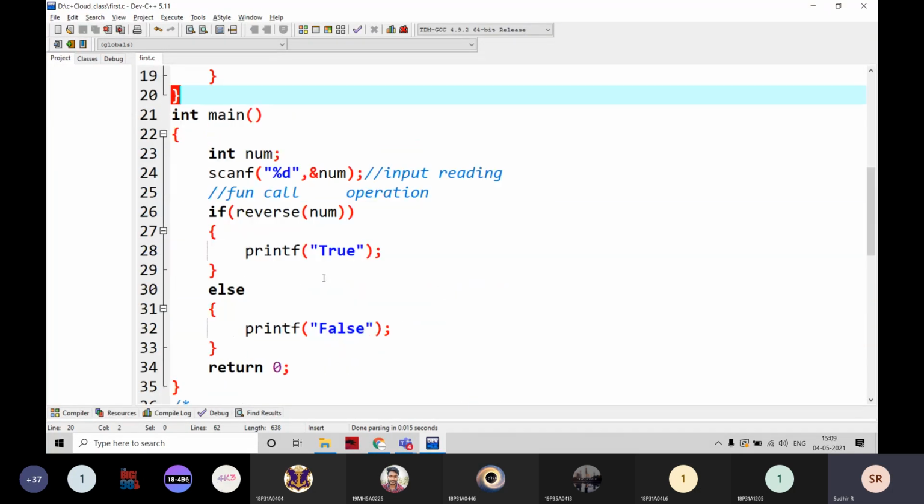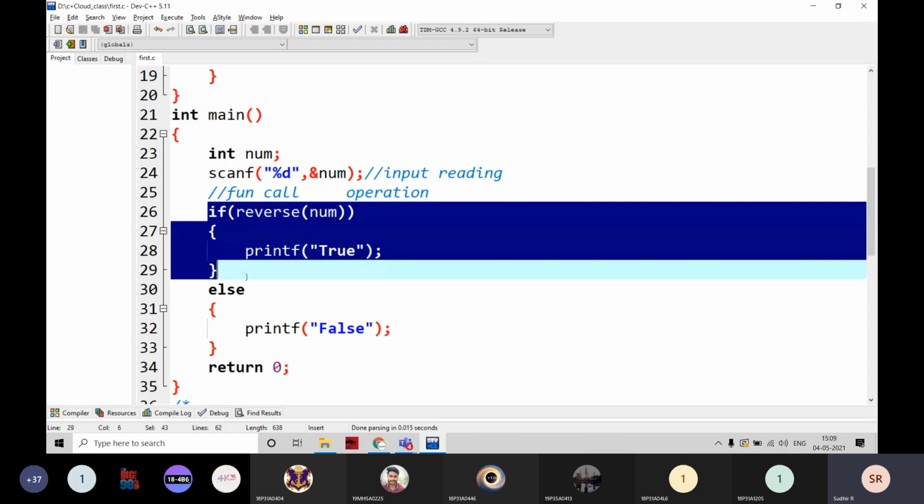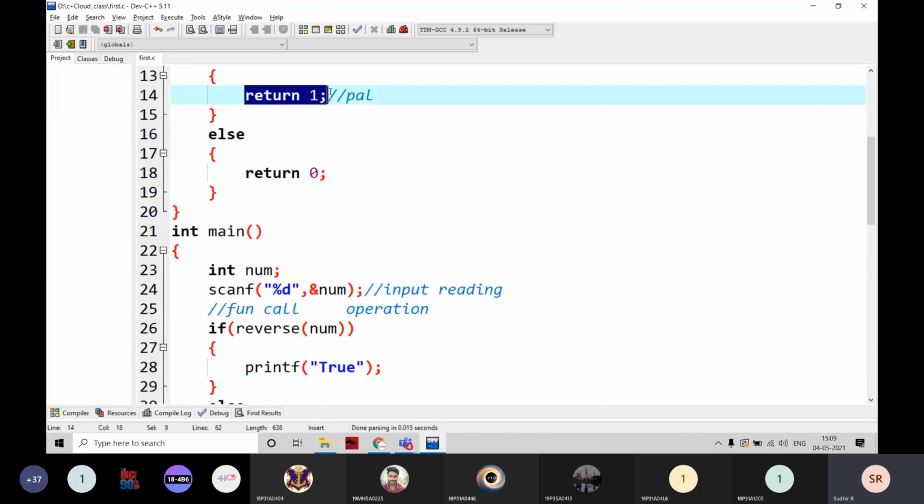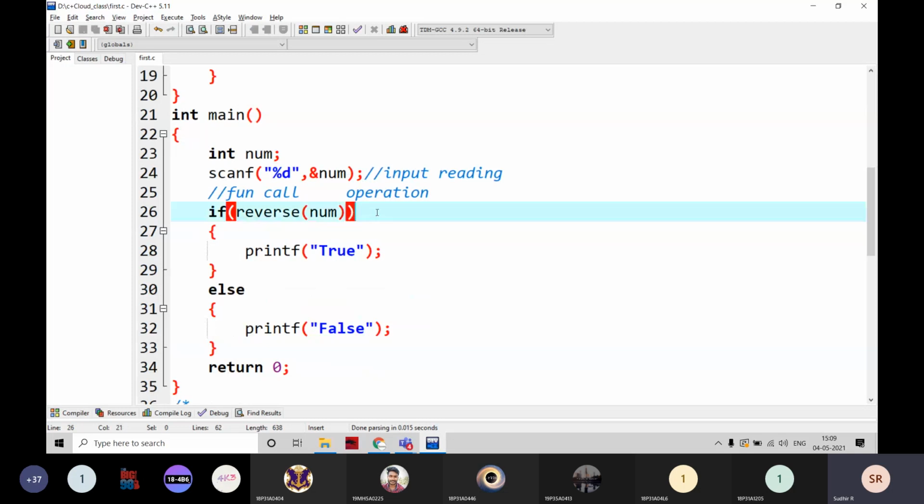Now moving here, I am not writing any condition. Just simply I am going to write if of reverse of num. What value is it going to return? For example, if it returns 1, then it is converted as if of 1.